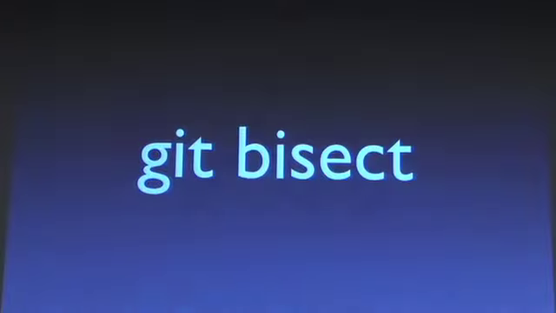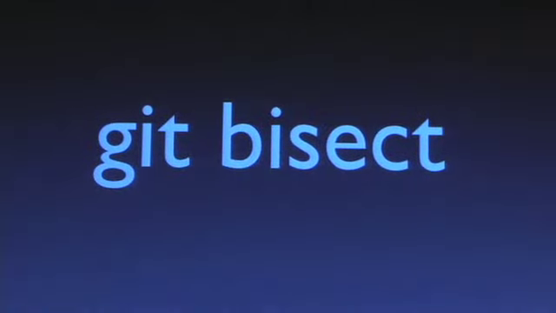So another cool feature of Git is this thing called git bisect. What git bisect allows you to do is to do a binary search over all of your commits. Now that sounds kind of weird, but this is really helpful when you're trying to find something like a bug. So if I'm developing along and I realize, a couple days later, that there's some bug in my system now,